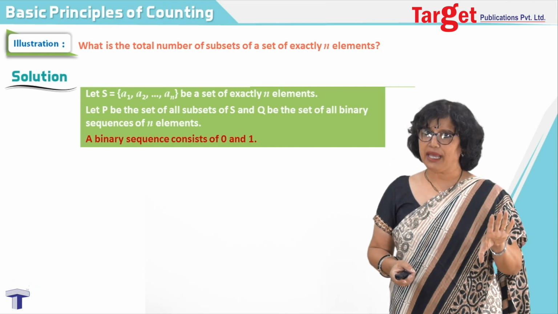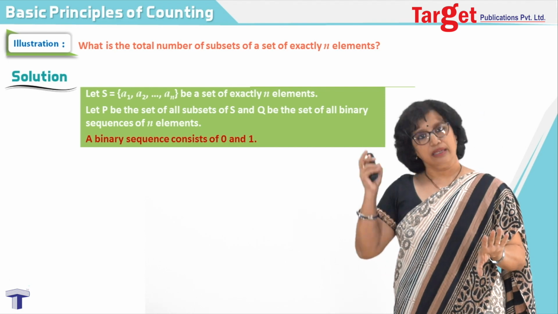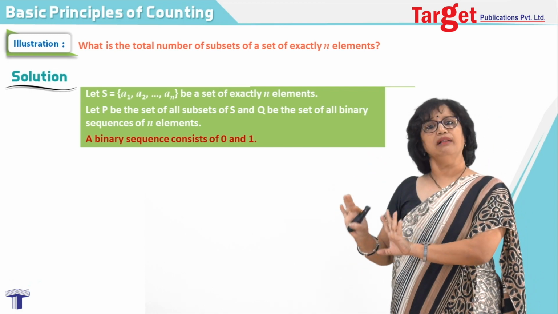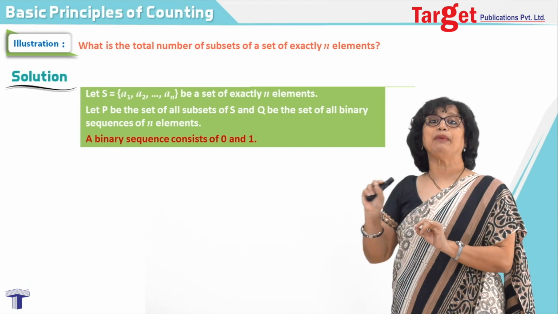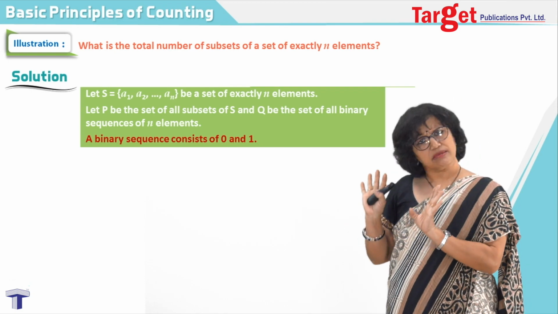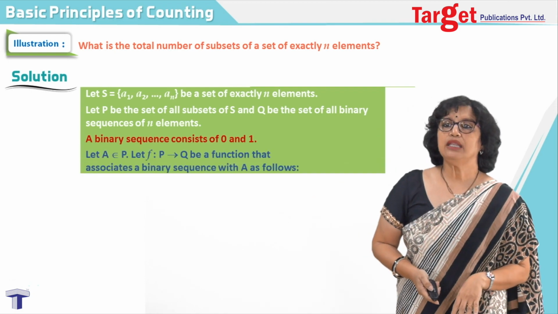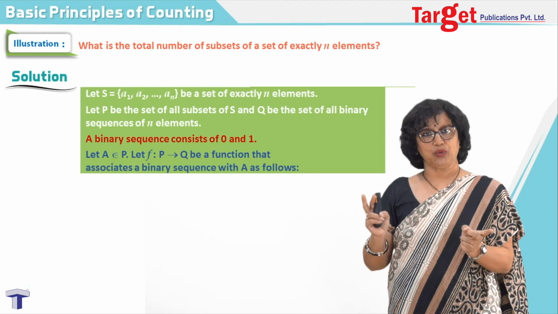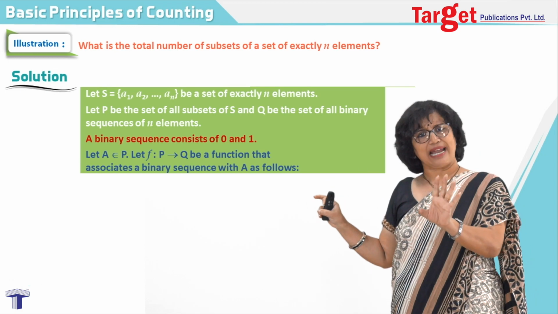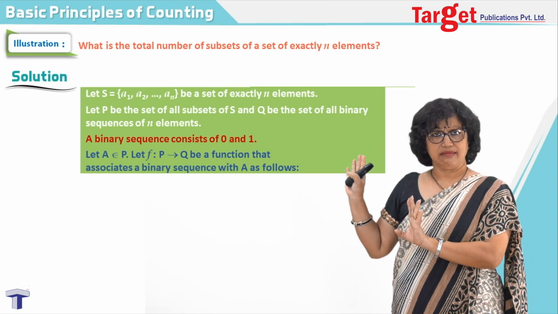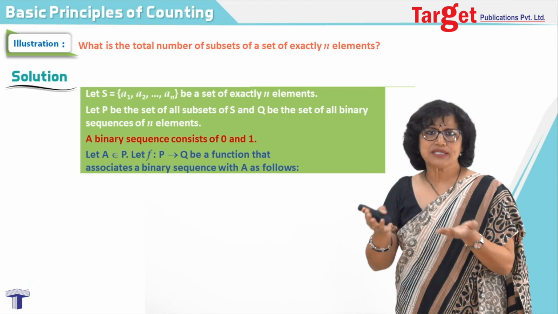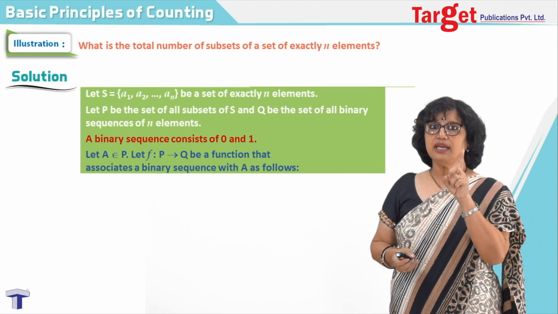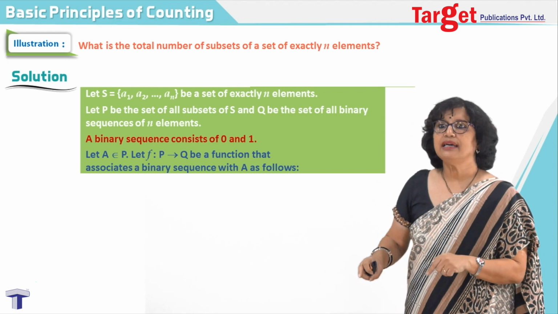That means there is one set P which has the set of subsets of the given set, that is S, and there is another set Q where I am writing all possible binary sequences having N places. When I say binary, I mean filled by zeros and ones only. Now how do we decide first that there is some connection between set P and set Q? For that I am writing there is some set A which is some subset of set S. So obviously it has to be somewhere in set P, correct? So A is in P and there is a function F from P to Q, correct?